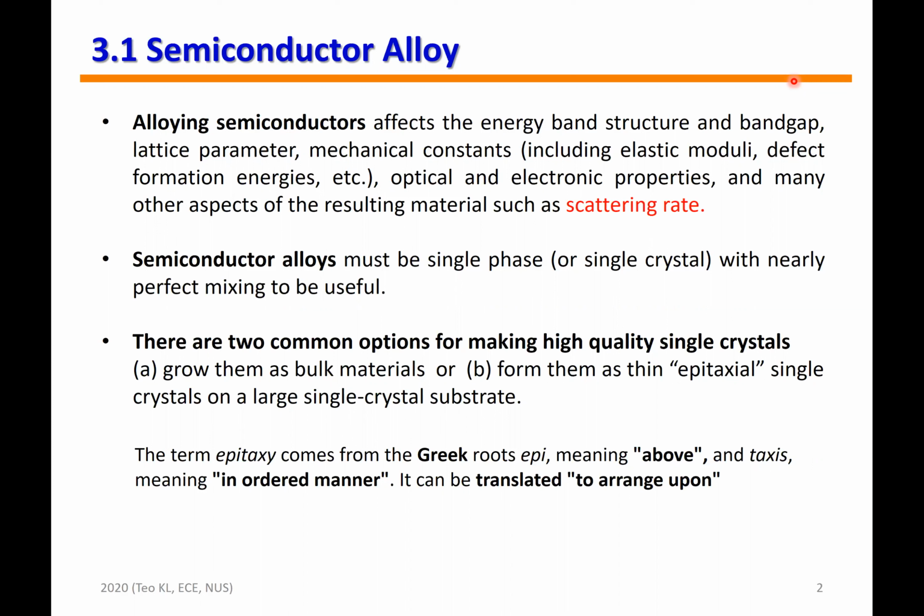Common semiconductor substrates include silicon, germanium, gallium arsenide, indium phosphide, aluminum oxide, or commonly called sapphire, and silicon carbide. The more rare semiconductor substrates are gallium antimonide, indium arsenide, cadmium telluride, and many more.